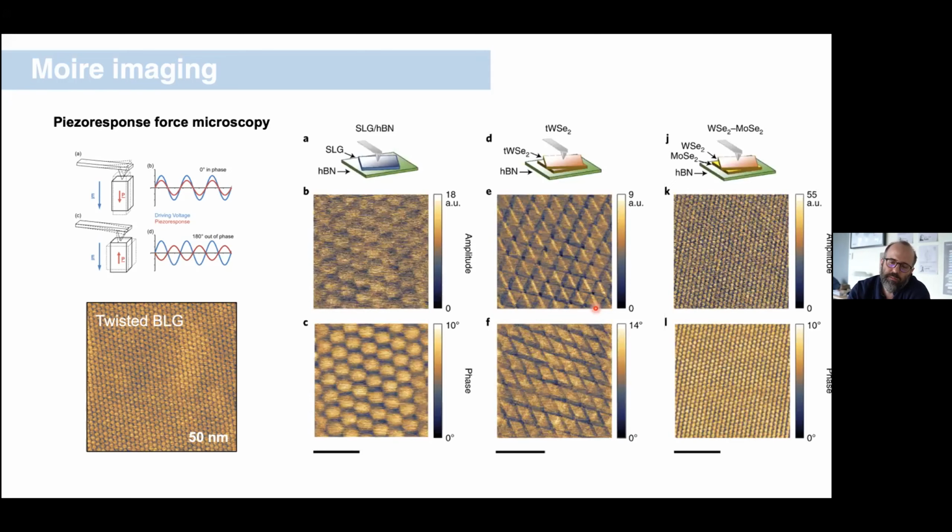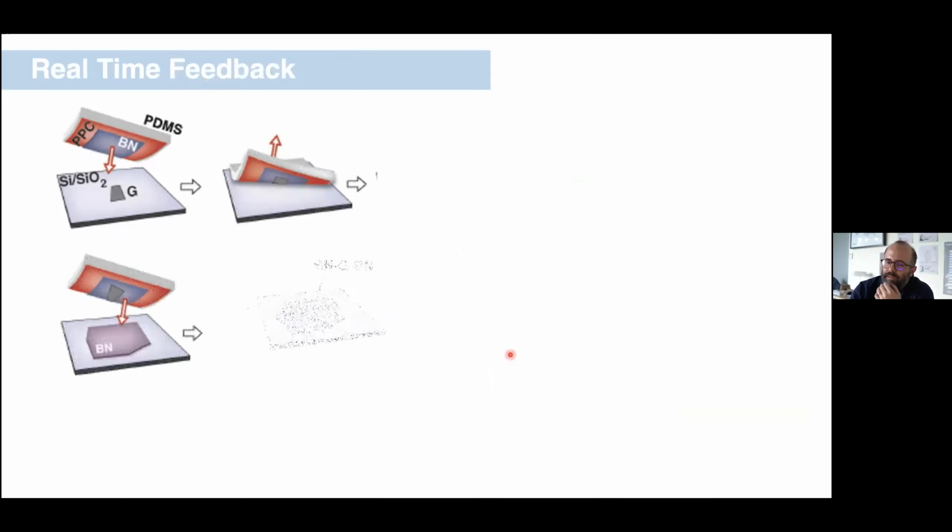So we can do this for twisted bilayer graphene. We can do it for any of the TMDs, and we can acquire really beautiful imaging with spatial resolution down to about maybe 5 nanometers or so. So this provides an opportunity to imagine that we can start to assemble our device, and while we're assembling it, we can take a moment and interrogate it. We don't have to take it all the way to a finished device. We can in situ ask, how is this device evolving? Is it disordered or not, et cetera? And we can really do that in the middle of the process that I described before.